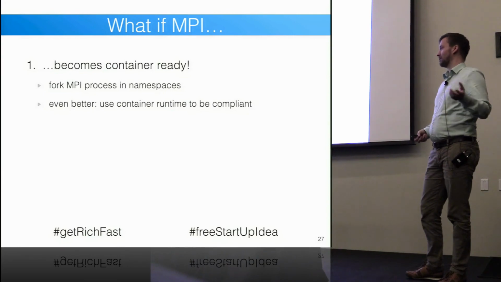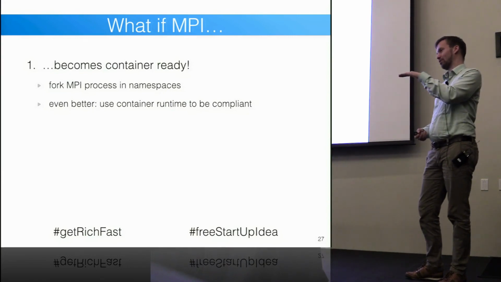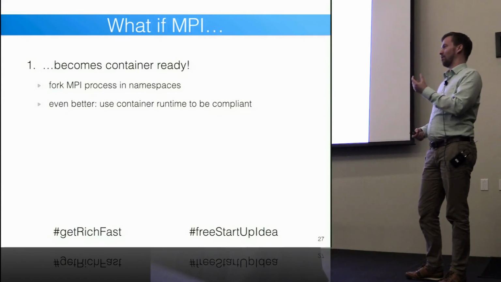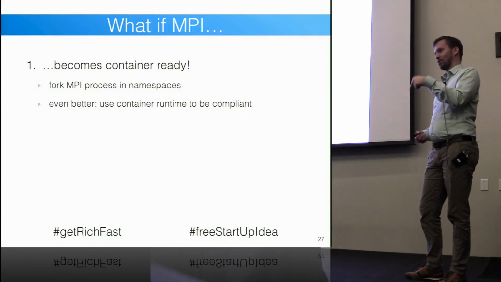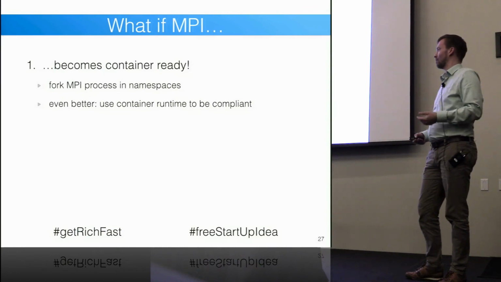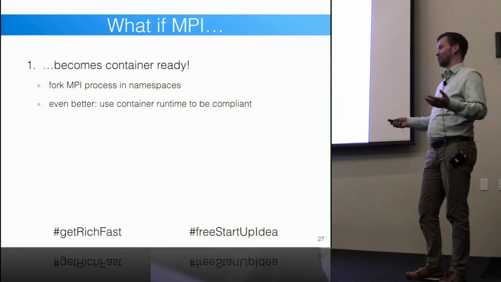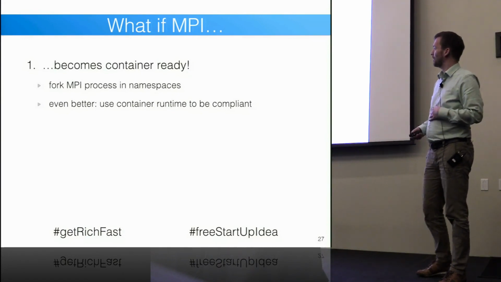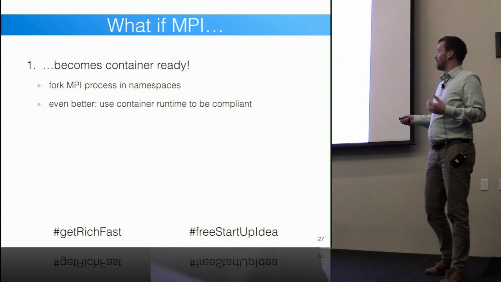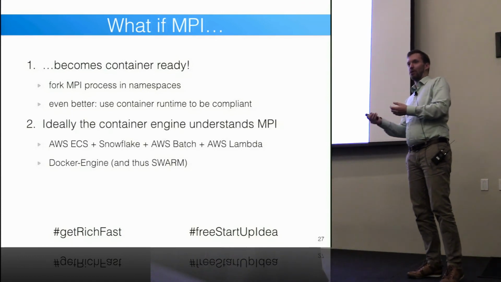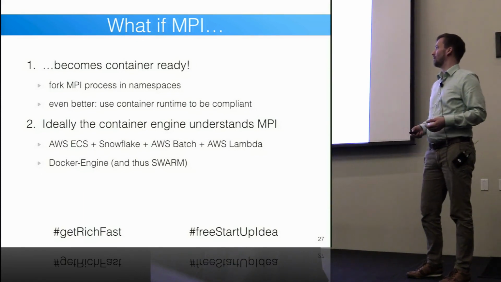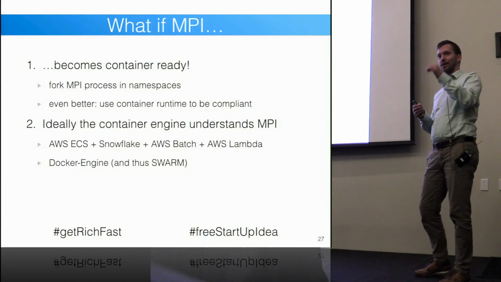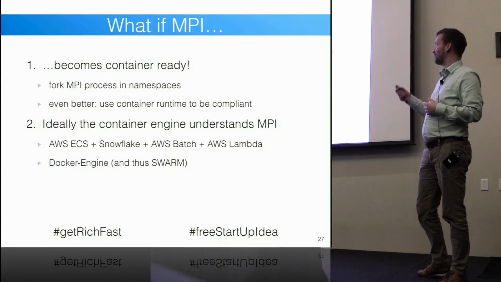If you run slurmd, for instance, when you spawn a job, slurmd will spawn the MPI process, right? If this slurmd would spawn it as a container, then we would be quite far and have containers in HPC, but we're just spawning it as a process. And even better, if the container runtime would know about MPI workloads and try to implement this, then it would be cool as well. And ideally, the container engines and the clouds would understand MPI,